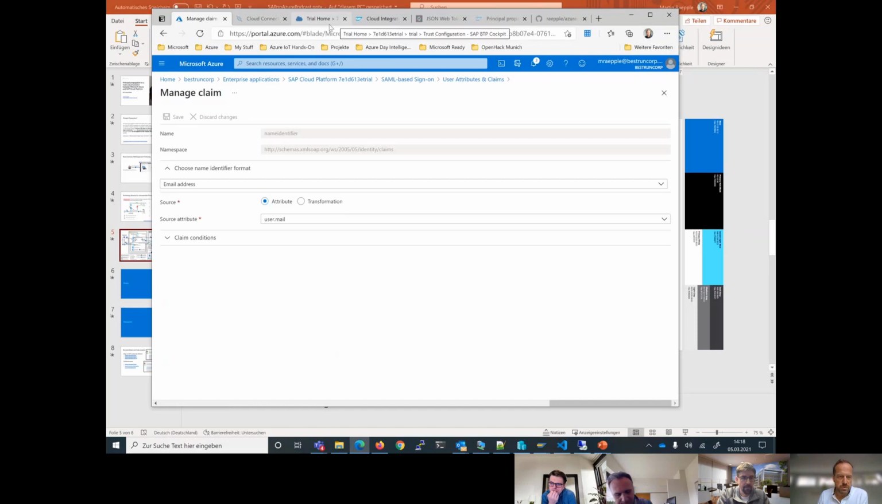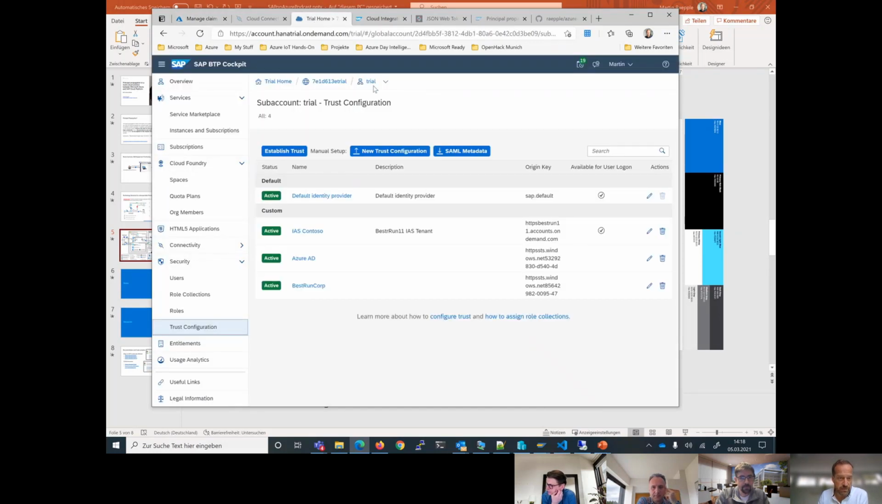So all of that requires to establish a trust relationship between SAP Cloud Platform and Azure AD, and that's done in Cloud Platform in the security settings. So I just switched back to the recently renamed Cloud Platform Cockpit, which is now the SAP BTP Cockpit, and in that Business Technology Platform Cockpit, I have established trust relationship to a number of identity providers. One of them is my Azure AD